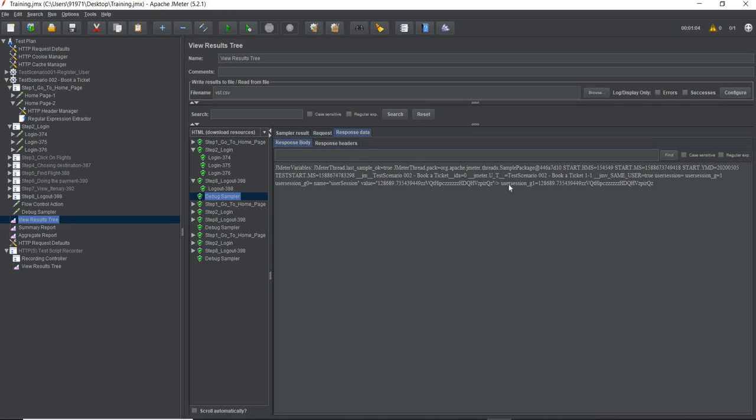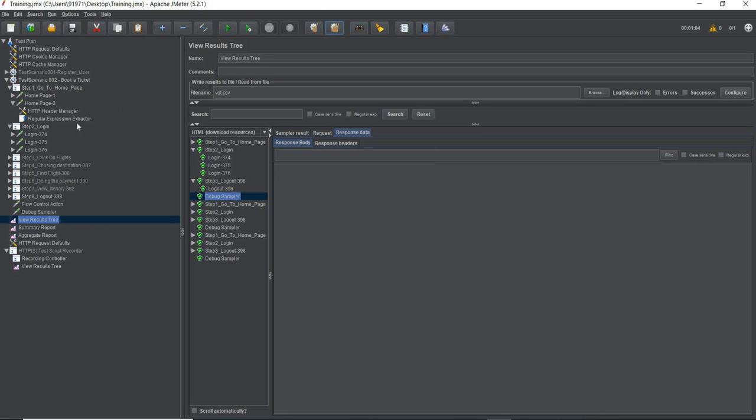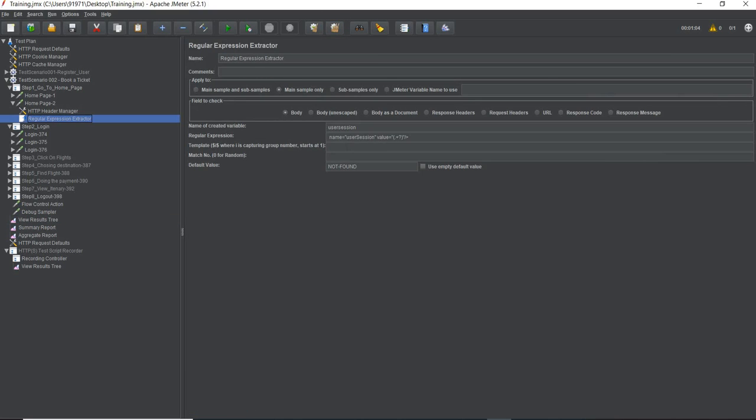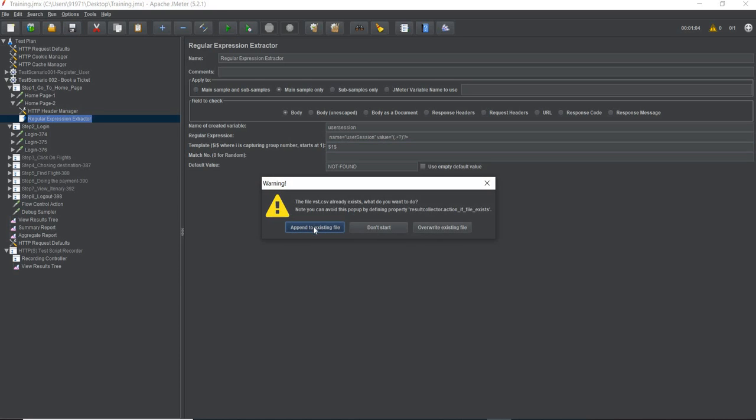It has just picked up 1. Okay, I will clear all of them and put a template to be 1, and again save it and run it.